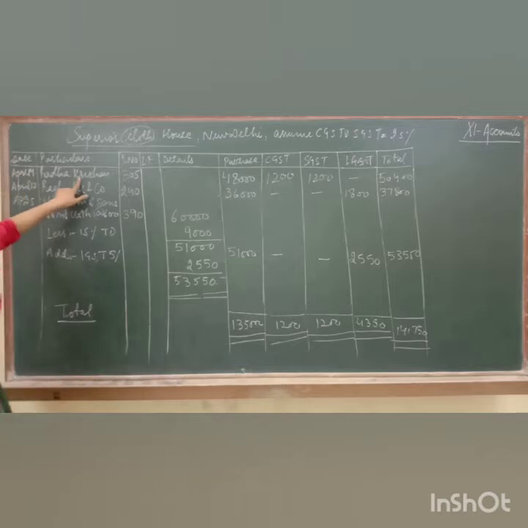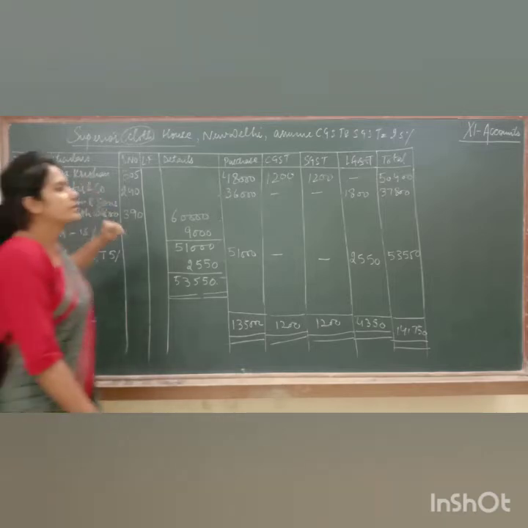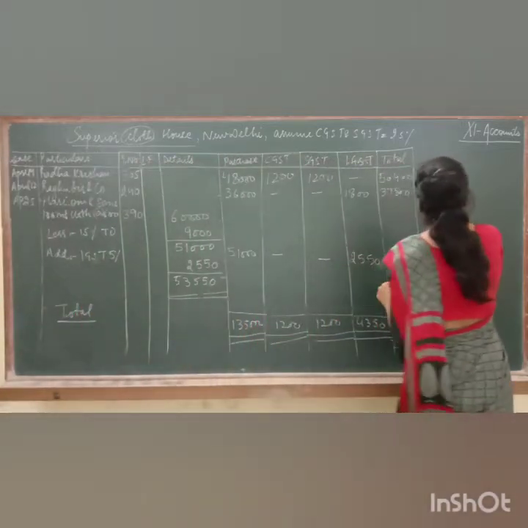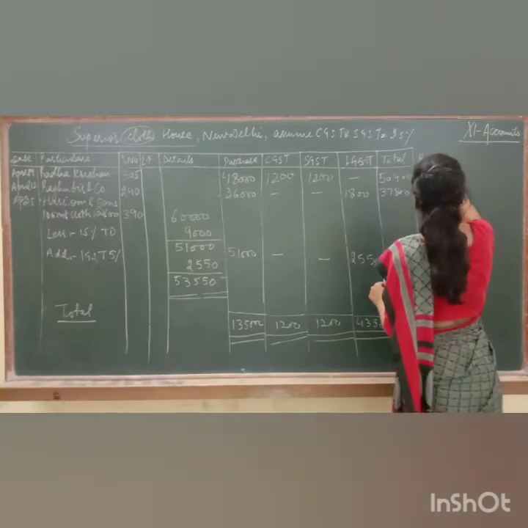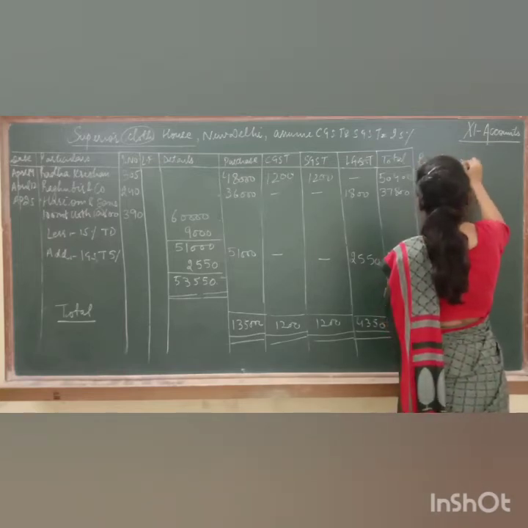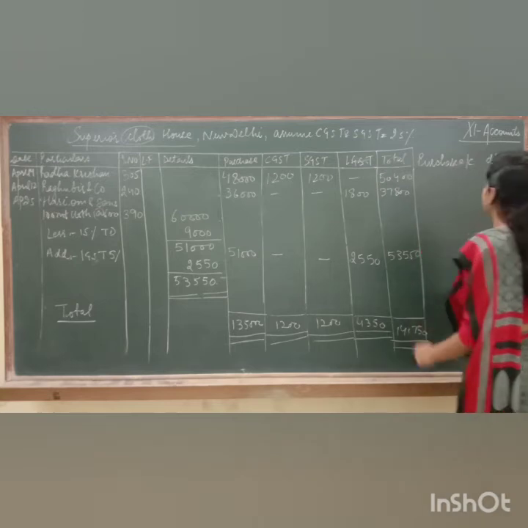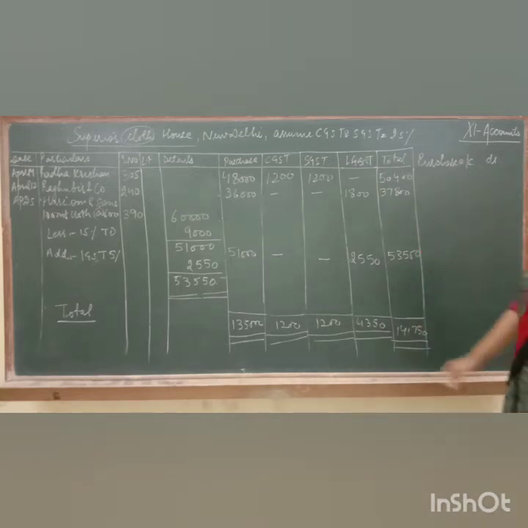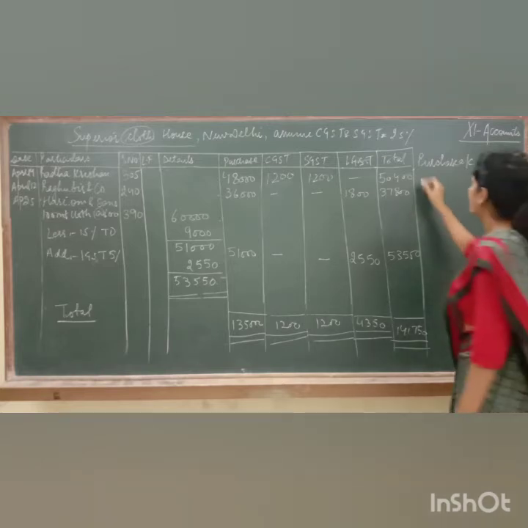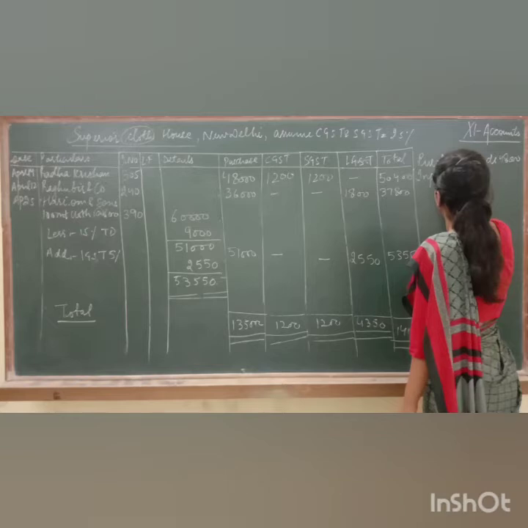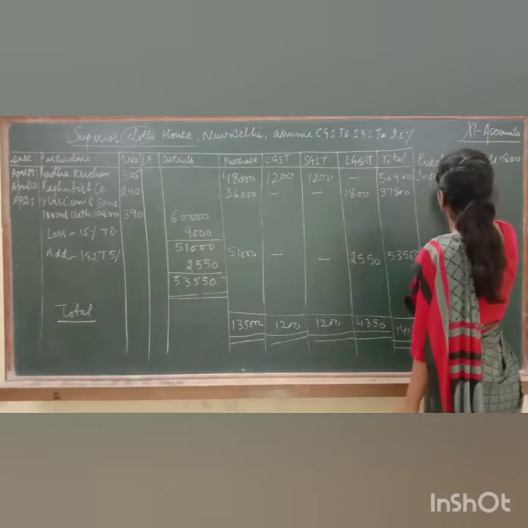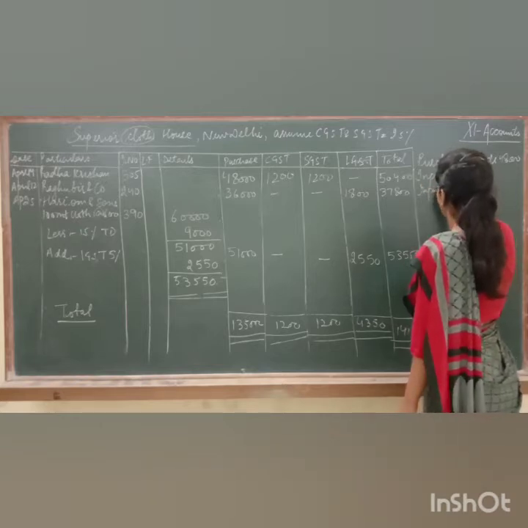See, we have purchased from Radha Krishna and Sons, no? So what entry must have been passed as we have purchased the goods? Purchase account debit. Then CGST and SGST was charged. So purchase account debit 48,000. As we have purchased the goods, so we will be writing input CGST and input SGST.